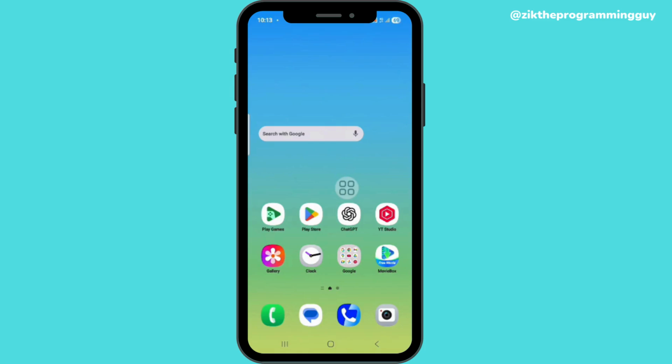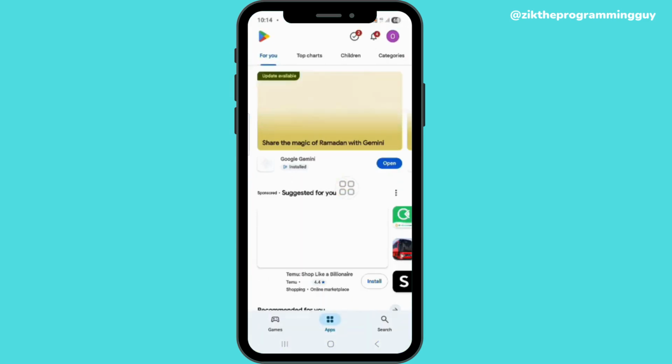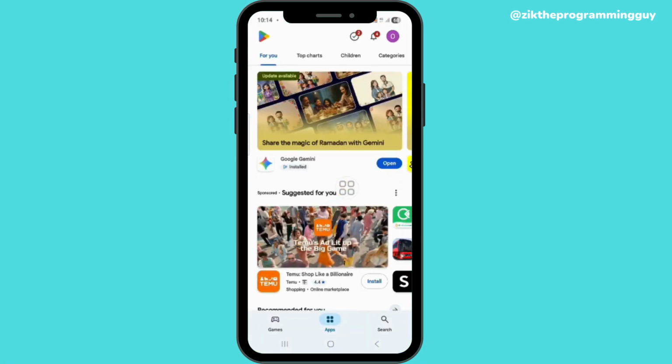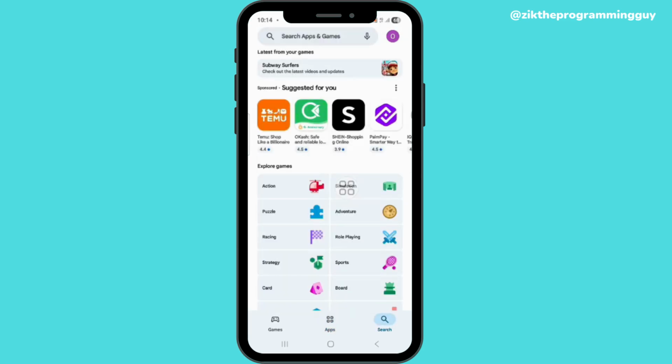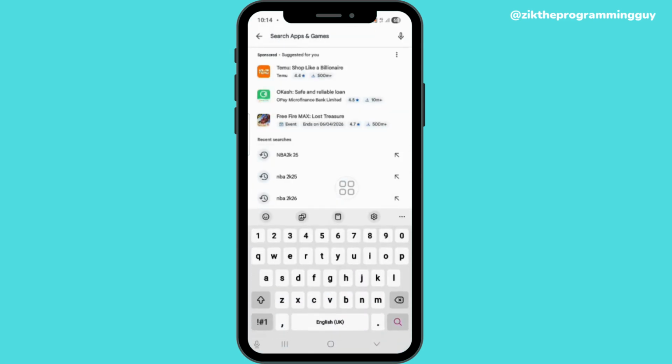In today's video, I'll be showing you how to download NBA 2K25 on Android. So first thing you have to do is open up your Play Store app. Once you're on Play Store, you can see the search bar below your screen. Click on it and click on search apps and games and search for